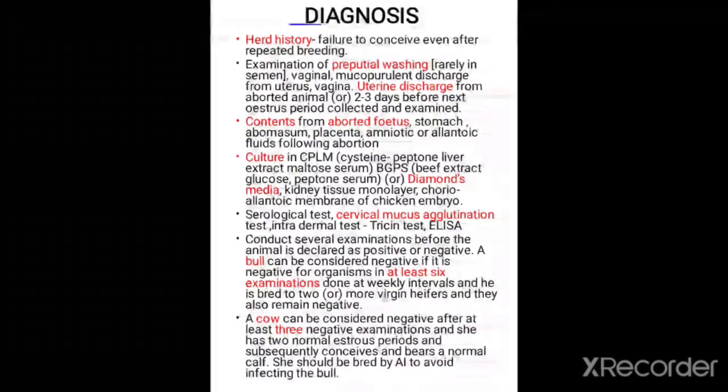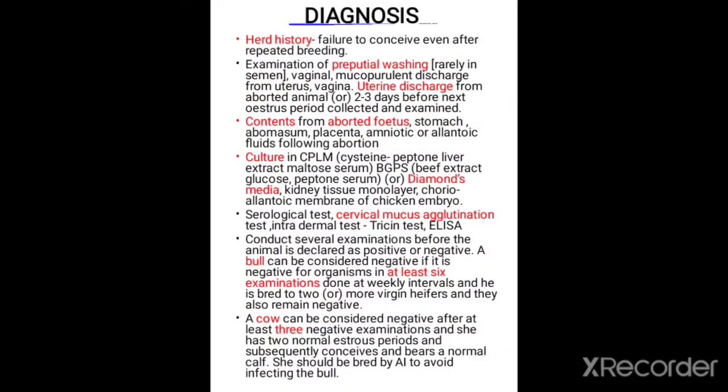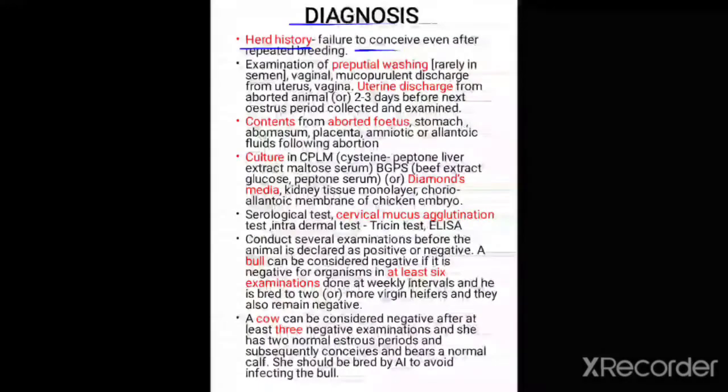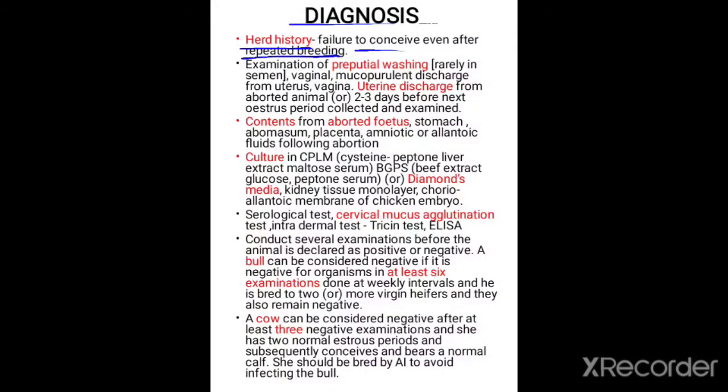When it comes to the diagnosis, it can be diagnosed based on herd history. There is failure to conceive even after repeated breeding, and examination of the preputial washings, vaginal mucopurulent discharge, uterine discharge from the aborted animal, contents from the aborted fetus, stomach, abomasum, placenta,